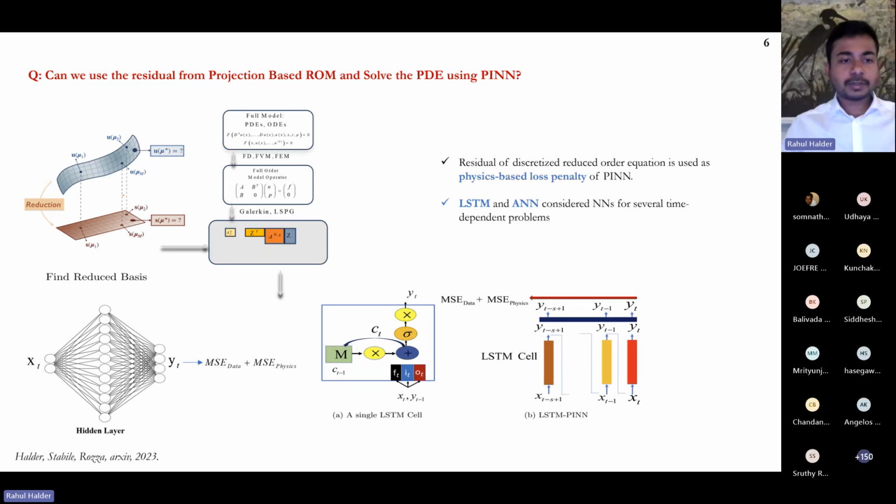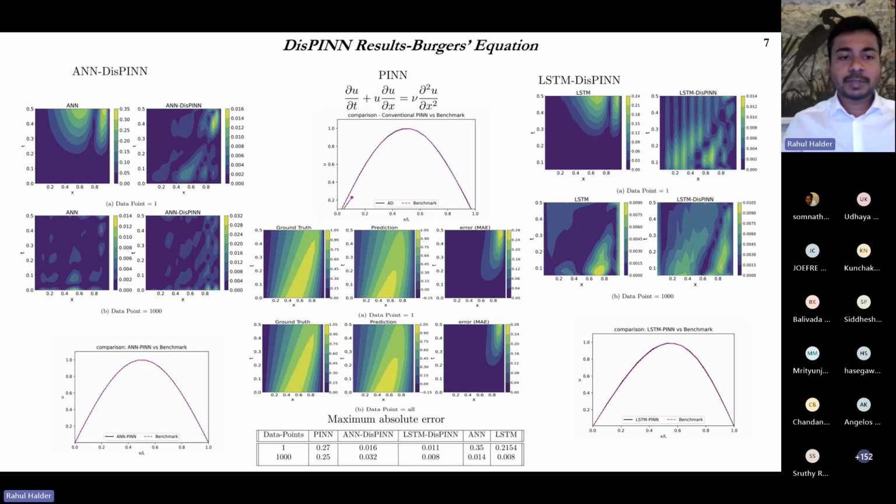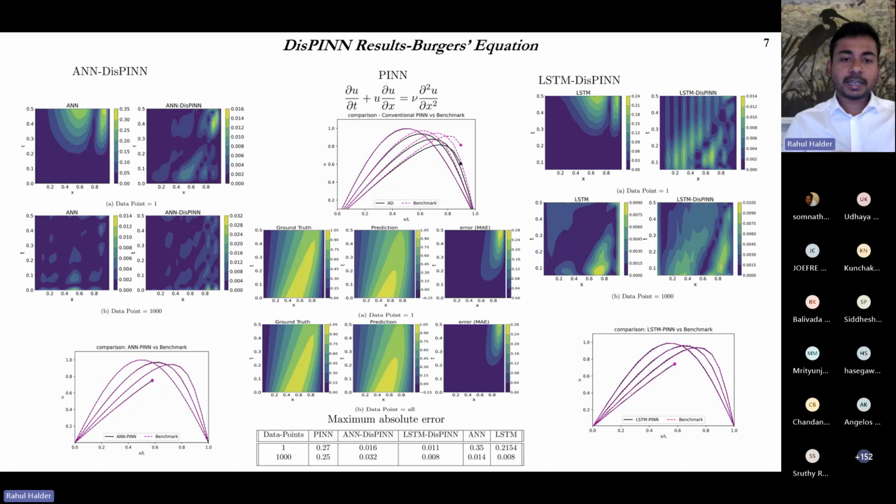So that's the framework. You take the residuals, and instead of evolving in time, you take them in your optimization loop, which is the machinery in any machine learning framework. I have used ANN and LSTM for closing the loop, and these are two types of PINN framework we have proposed. One is called ANN DSPINN, which is coupled with ANN, and another one is LSTM DSPINN, which is coupled with LSTM. And some small results with Burgers' equation show that both NN and LSTM DSPINN perfectly capture,